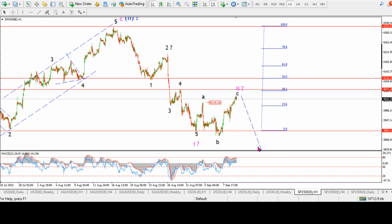wave decline. So the idea this week was to close out this second wave, to look for a relief rally in wave C. We've got the relief rally in wave C. We've hit the targets. We're smack bang between the 2 initial targets for wave C. So let's see if we actually turn lower today, maybe before the end of today's session, or you can easily wait until Monday as well, or Tuesday, to close out wave 2 and then to turn lower into wave